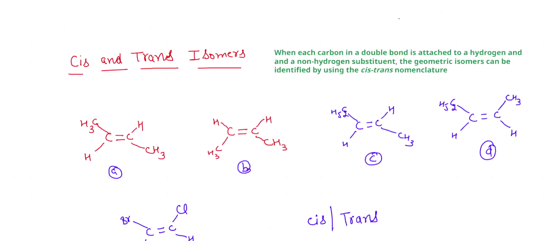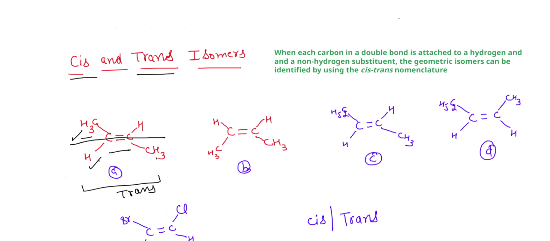Look at the example A. In this case, there is a double bond between carbon and carbon. When each carbon is attached to a hydrogen and a non-hydrogen substituent, then these geometrical isomers can be identified as either cis or trans. In the first case, the methyl groups are present on the opposite sides of the plane. So this will be designated as trans isomer, as both the hydrogens are also present on the opposite